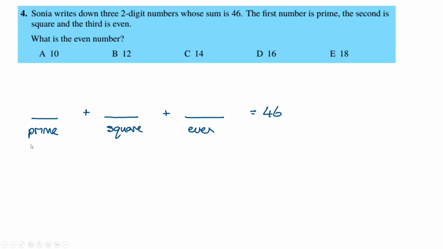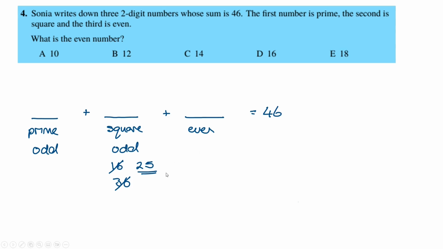And I know that because the only prime number that is not odd is 2. These are double-digit numbers, so therefore these must be odd. So in other words, just to state that clearly, these two numbers must be odd. So now I can think about my square numbers, because I have lots of prime numbers it could be, but my square numbers are going to be 16, 25, or 36. And of course 16 and 36 are not odd, so therefore it must be 25,